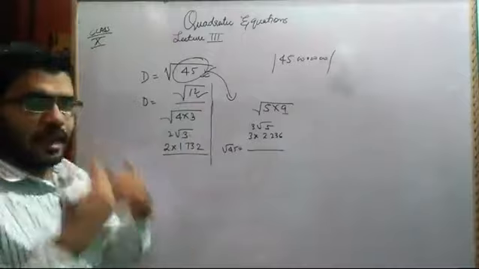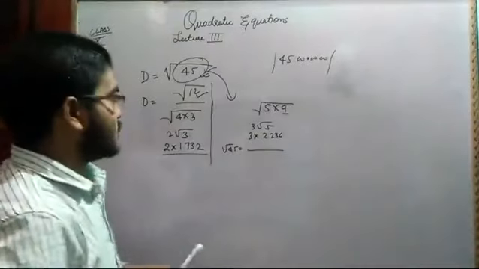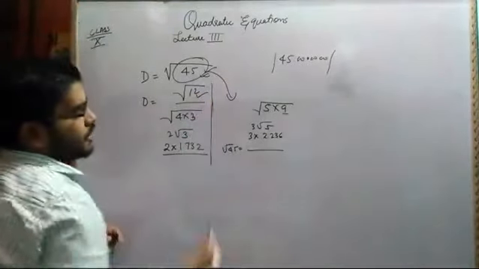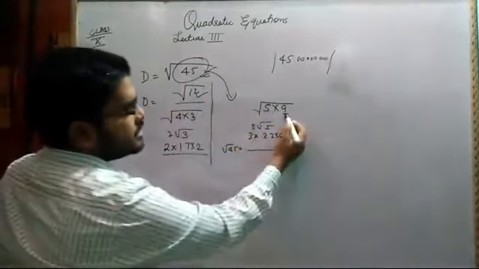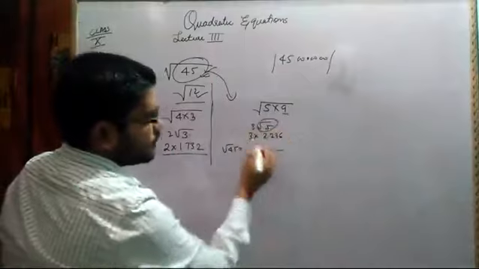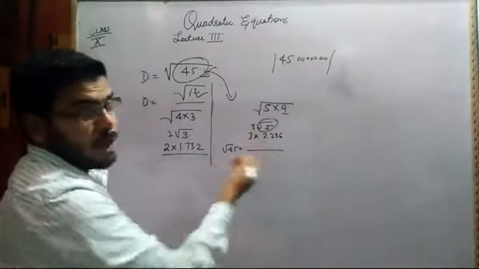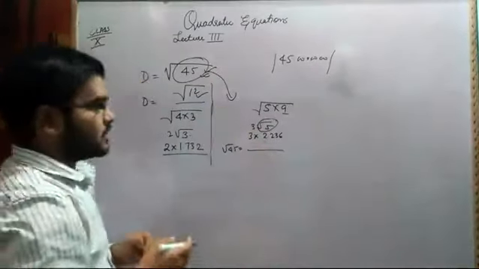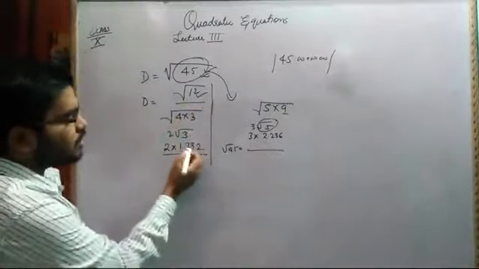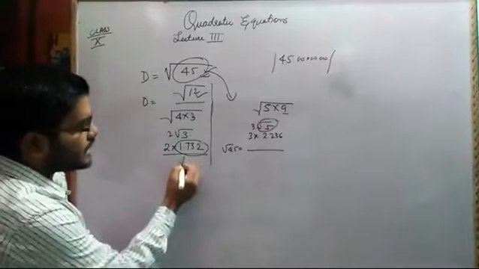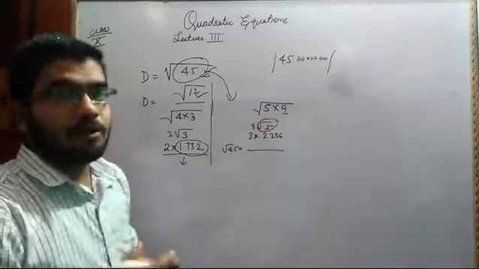I have told them also, and now I am telling all of you as well, that when you have 45, you have to just apply your brain. 5 into 9, 9 is 3 root 5. Root 5, if you remember, is 2.236. You have to learn by heart 1 to 10 at least. And then root 12 is 4 into 3, which is 2 root 3, and root 3 value we already know. How easy and simple it is if we apply our brain.